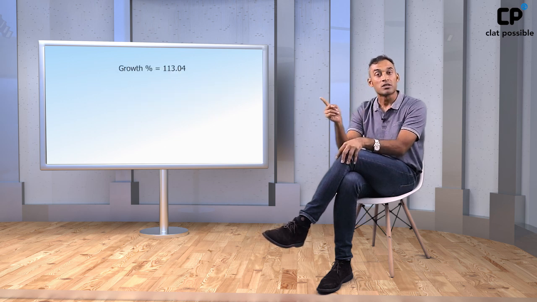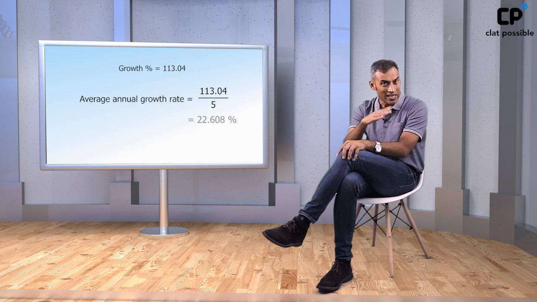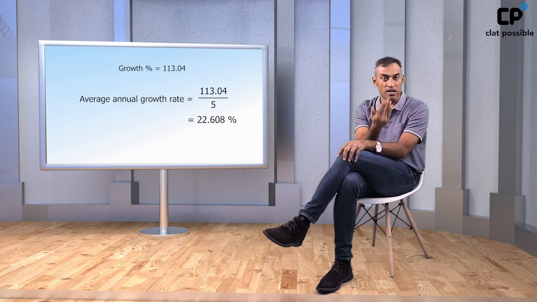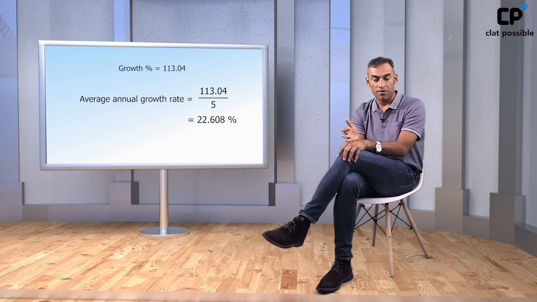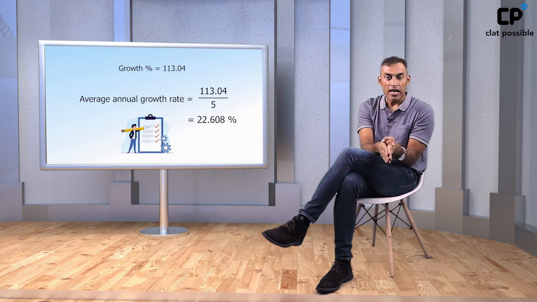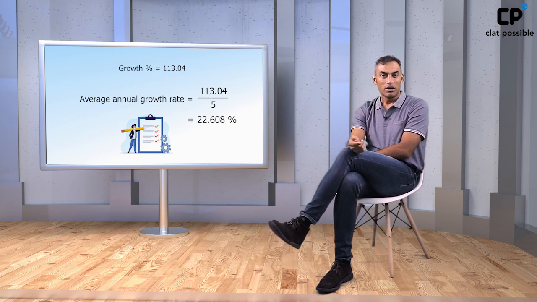So we got 113% as a growth percentage, and we'll divide it by 5. Now we know 113 divided by 5 is going to be slightly more than 22% and slightly less than 23%, because 5 22s is 110 and 5 23s is 115. So we're going to look at an answer choice which is between 22% and 23%, right? That's where the answer would be. So my point is, never get to the exact answer. Don't start doing divisions. Look at an approximate value, and wherever you can eliminate, use those elimination techniques.